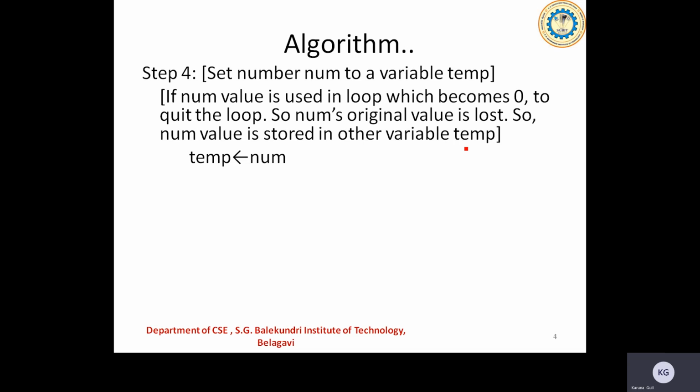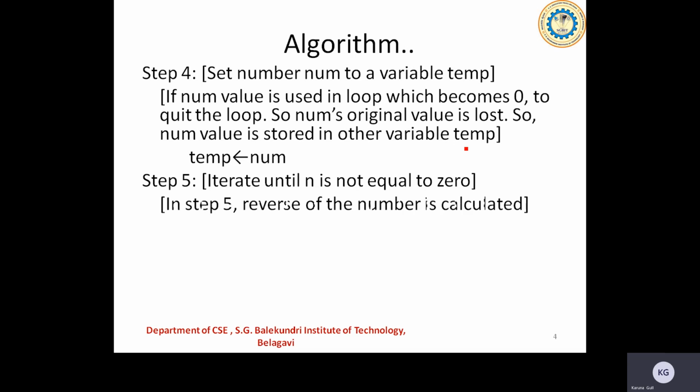I've just stored whatever number I have read inside another variable, that is the temp variable I have taken here. Then I'll be entering into the loop now. I'll be repeating that loop until the number becomes equal to 0, right? Then how do I carry out that operation with a division operation? Every time after taking the units place data, I have to be left with only the upper part of the data, right?